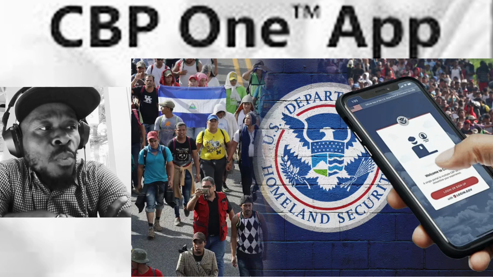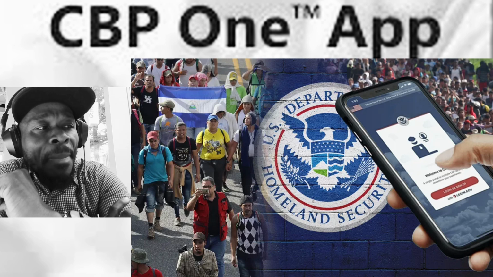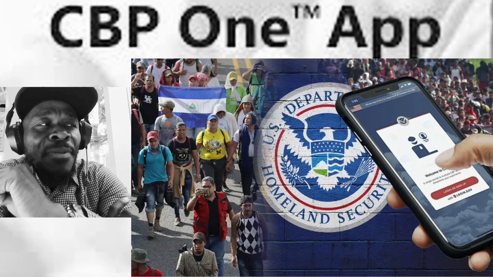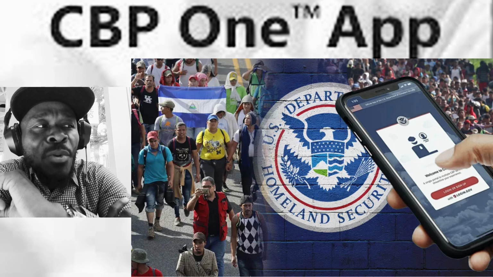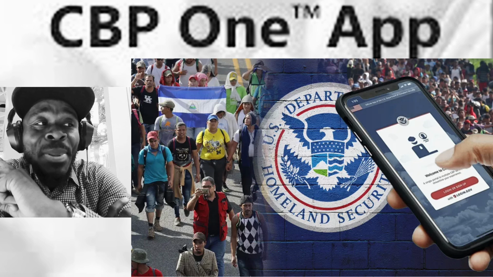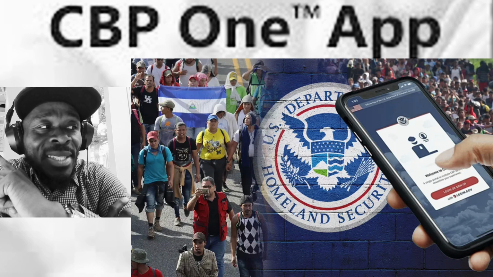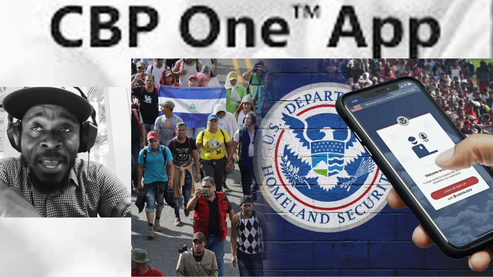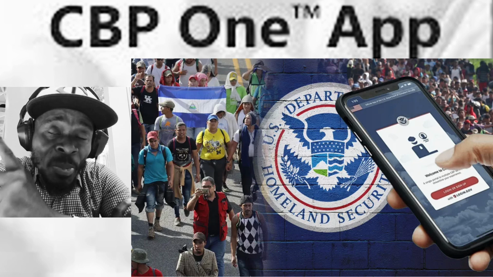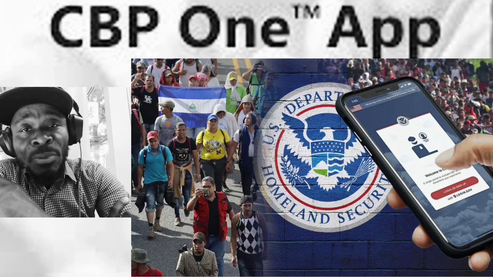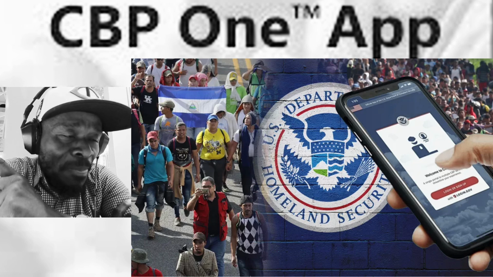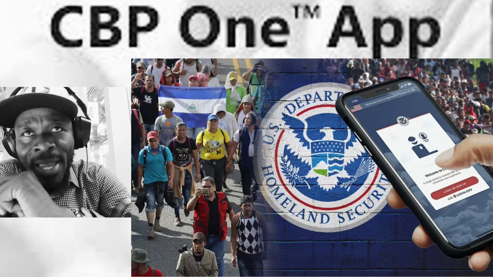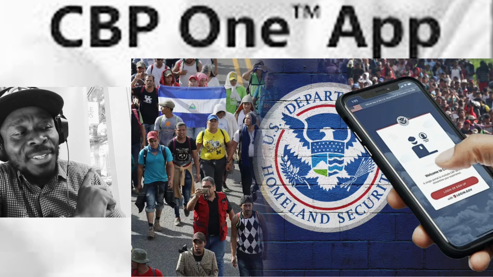Vance explained the app, but his explanation misrepresented how it functions. The CBP One officer still has full authority to accept or deny an application based on the merits of the case. Now, what Republican Senator J.D. Vance was saying was that the app just automatically qualified people to come into the country, and he ties that into